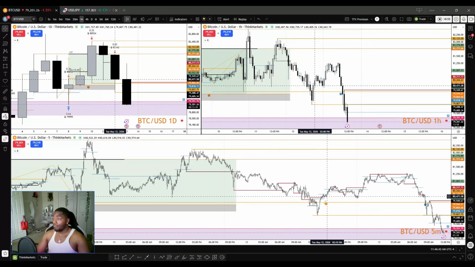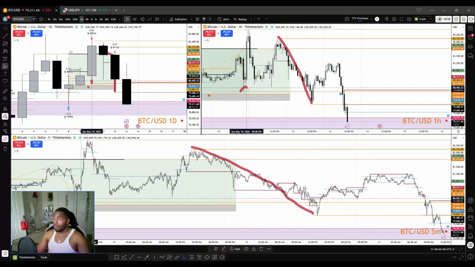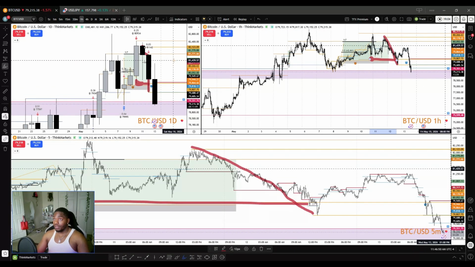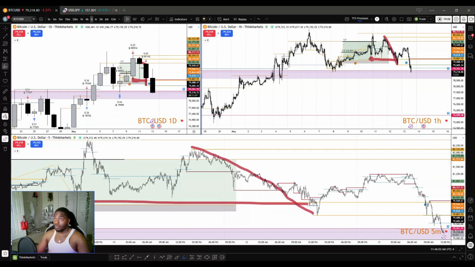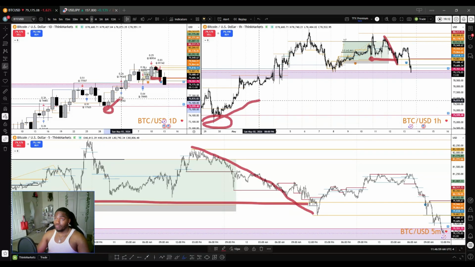But yesterday, we got this push down that broke the previous low. The daily is still bullish though, right? The daily is bullish structure wise because the daily low is all the way back here. So from here up to here